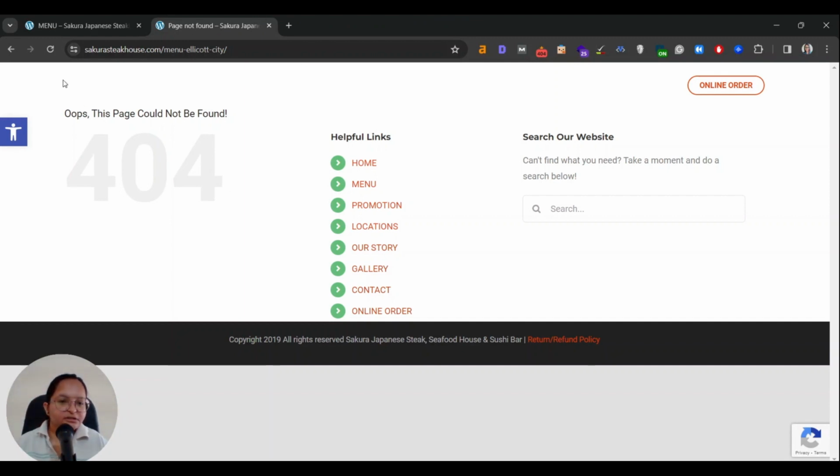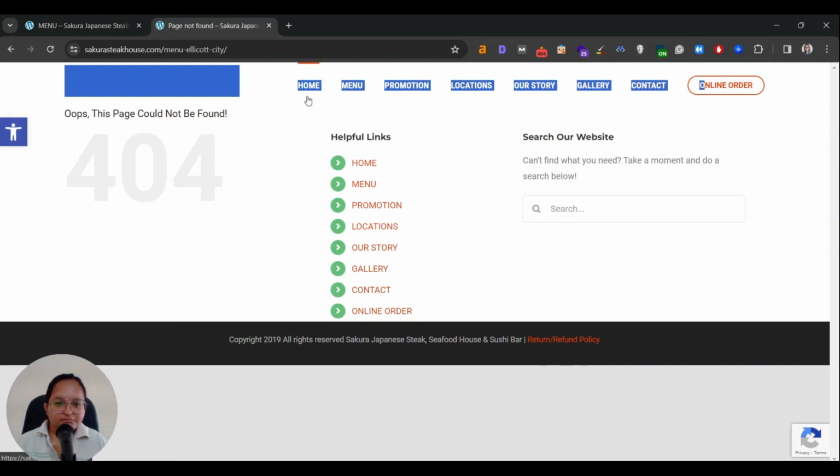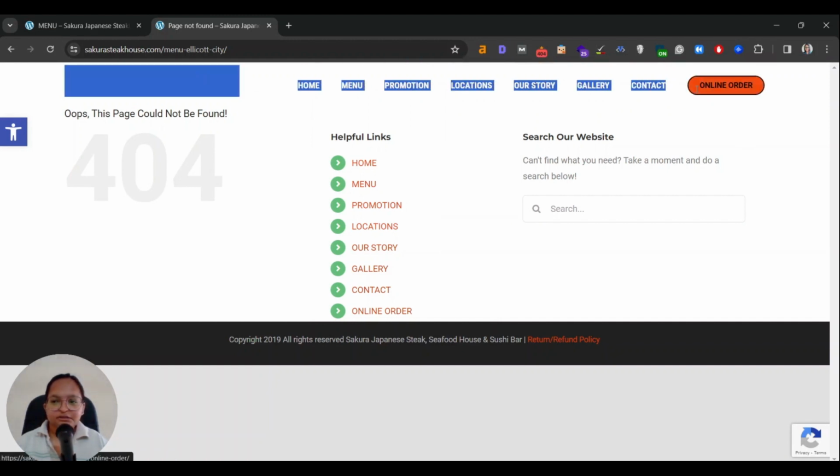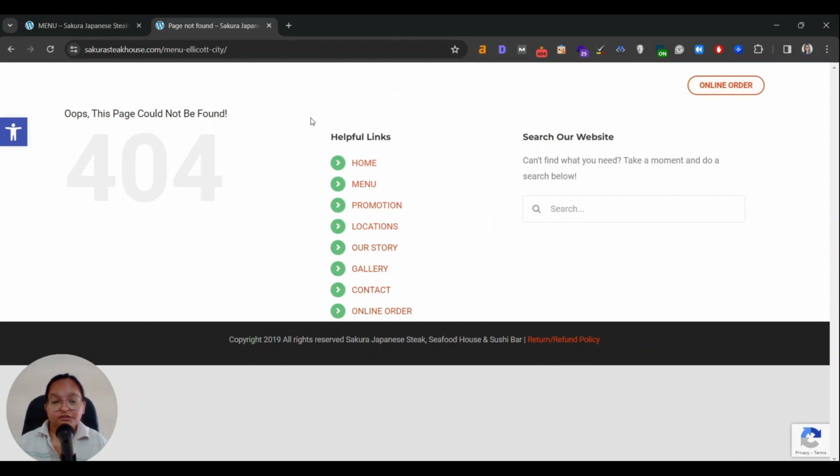Okay, it looks like there is a header, but it's all white, you can't see it. So if I do this, then you can see the header, which is kind of weird. And also the other thing is that, again, the whole design is very inconsistent, but also the links,